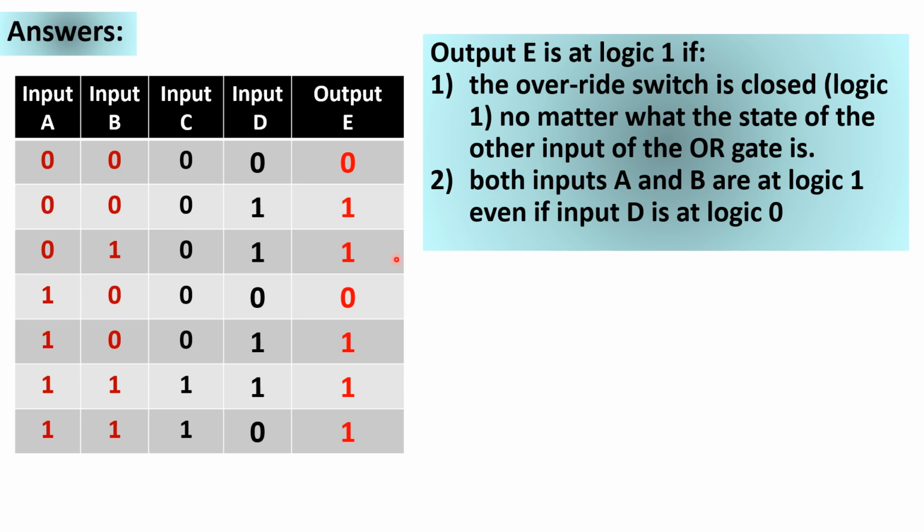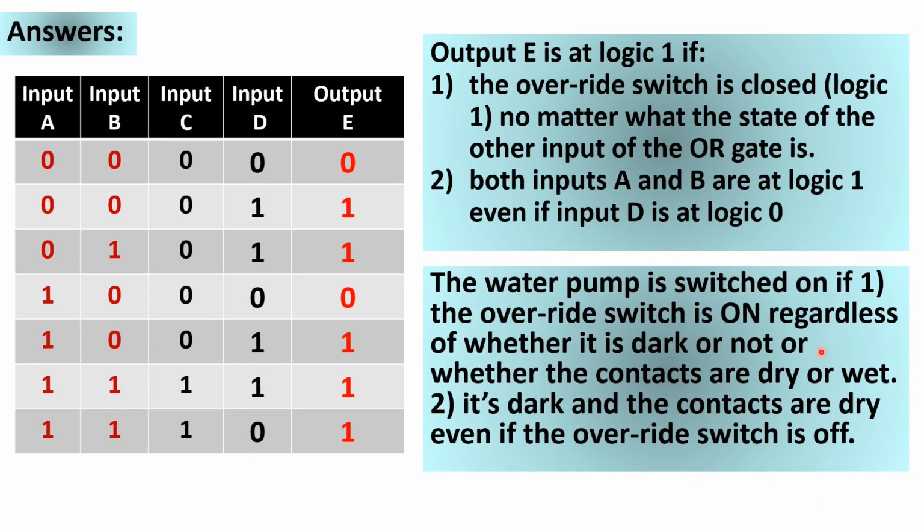Alright, when is the output at point E at logic 1? So you will notice here, this combination, that one, that one, and this one. And we summarize the conditions for output E to be at logic 1 into just 2. Okay, and these are the two conditions,